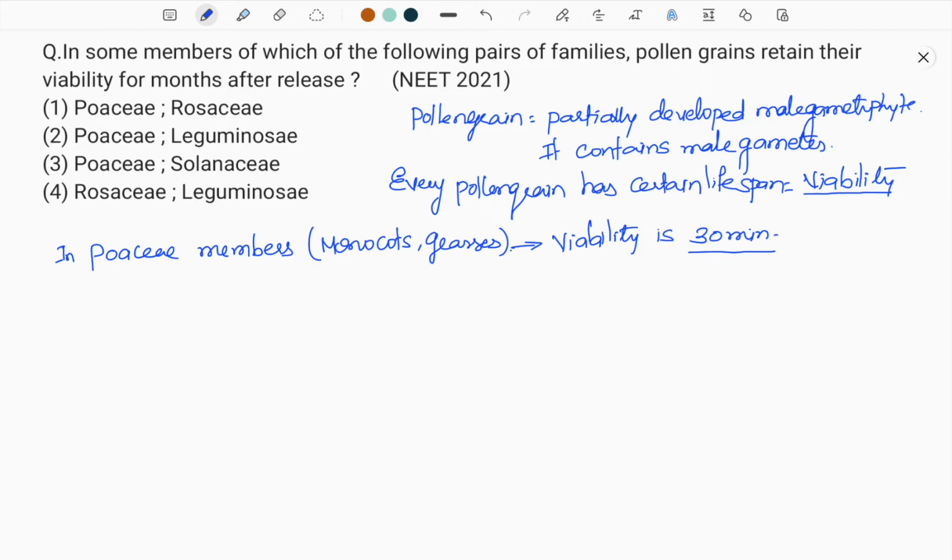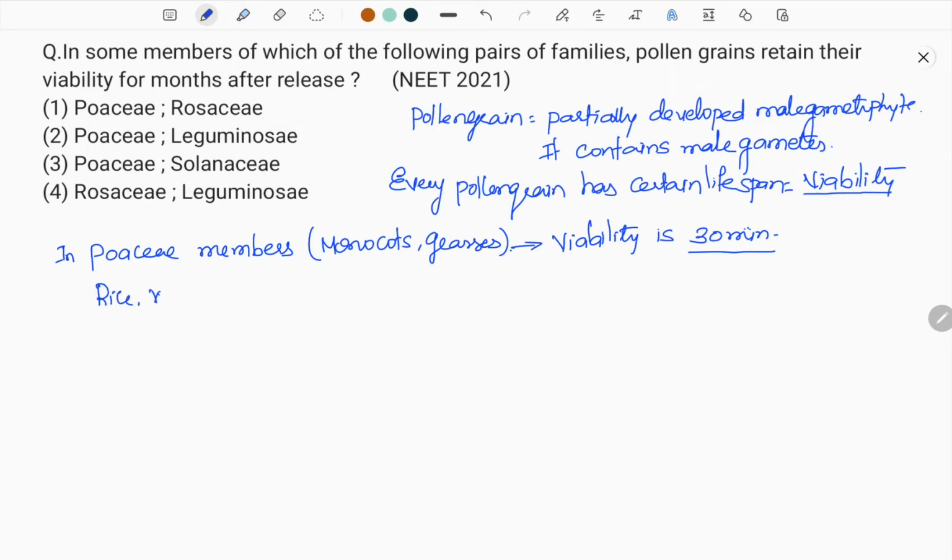So you can understand that 30 minutes is very crucial for the plant to transfer the pollen grains from anthers to stigma, maybe of different flowers or of different plants of the same species. This is the case in Poaceae. We know the members of Poaceae include the staple food of the entire world, that is rice, Oryza sativa,